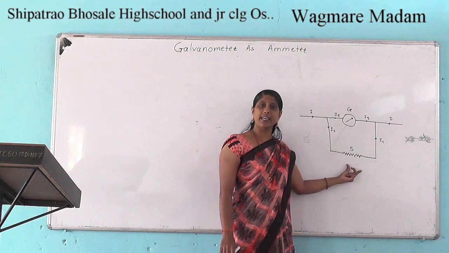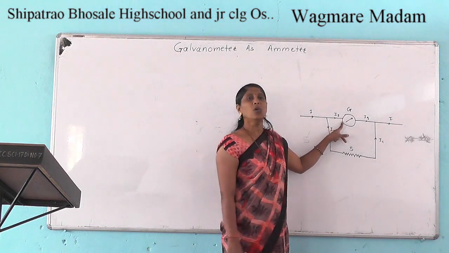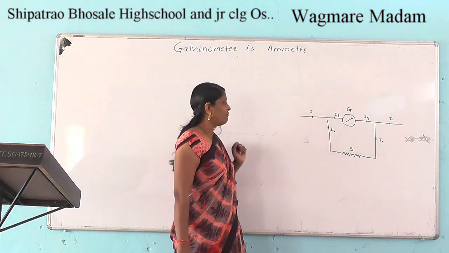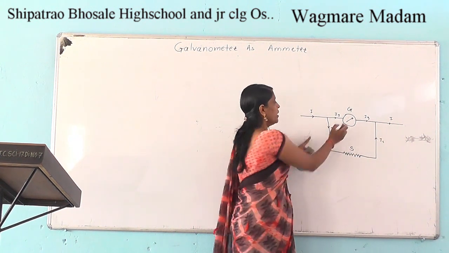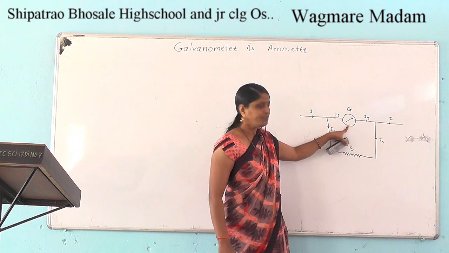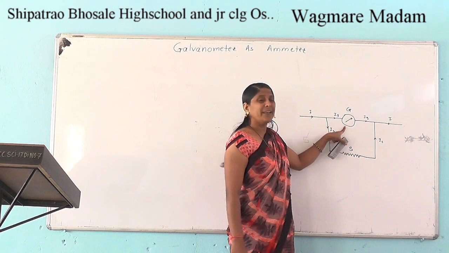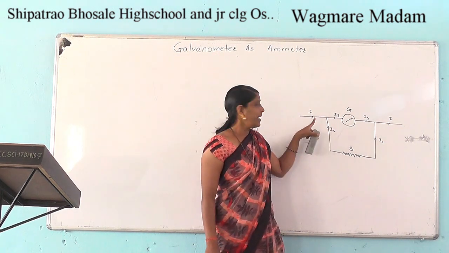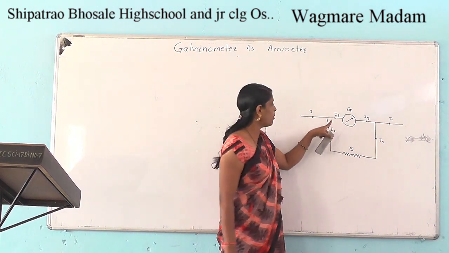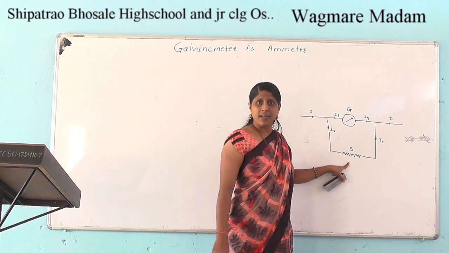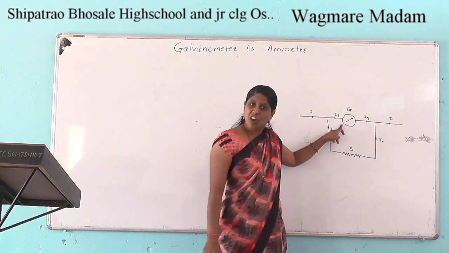We can also say the shunt is a low resistance which is connected in parallel to the galvanometer in an electrical path. Now I is the current flowing in this path. Here the galvanometer is connected in this path, and there will be a flow of current. If the capacity of the galvanometer is very small and the current I passes through the galvanometer, then it may be damaged. Therefore, we choose another path for the excess current, which is in excess of the capacity of the galvanometer.